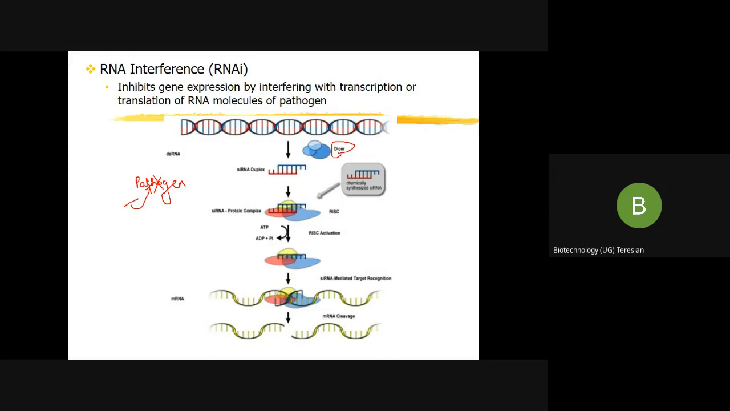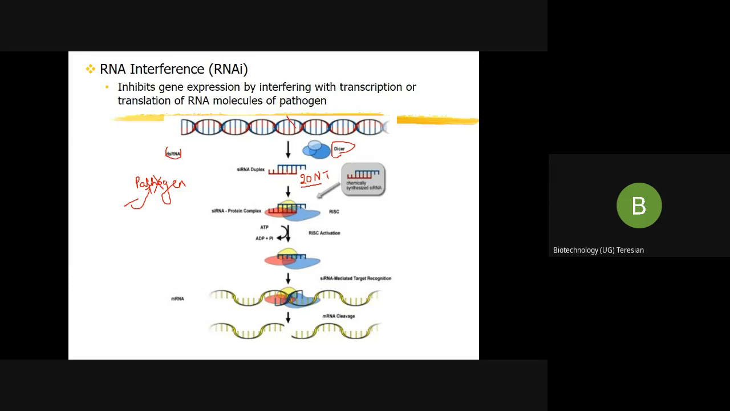What this dicer does is, it cleaves this double-stranded RNA. Whatever strand I have written, it is a double-stranded RNA. It cleaves it into short fragments, which will have only about 20 nucleotides. Now, out of these fragmented strands, one of the strands will act